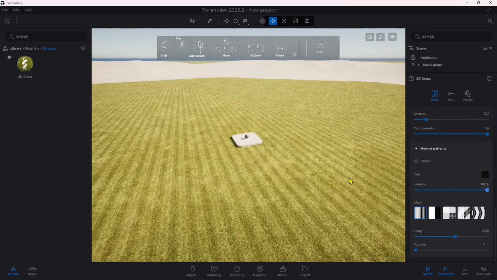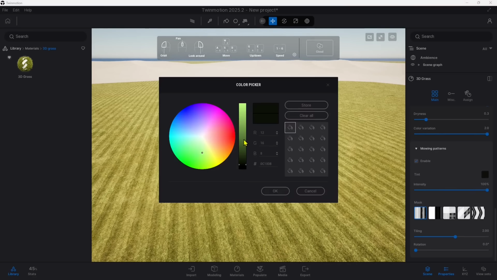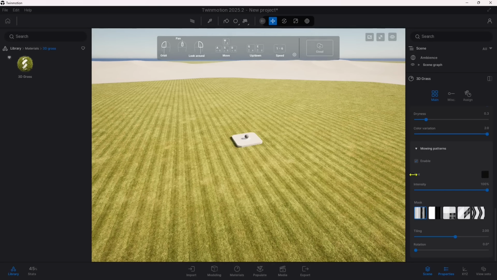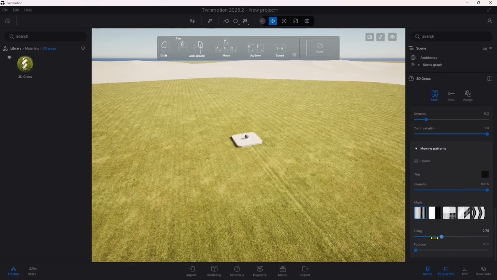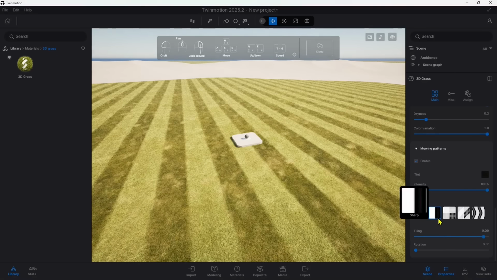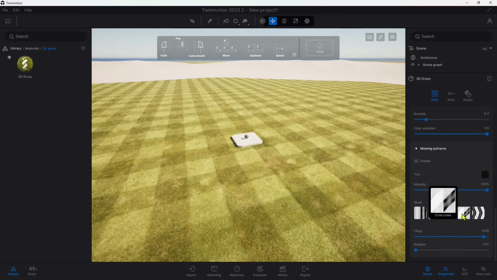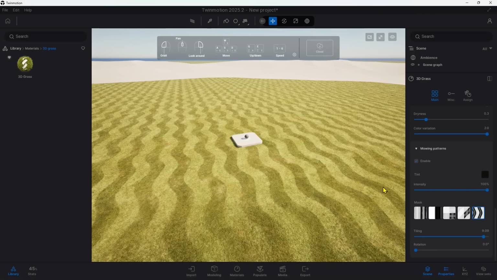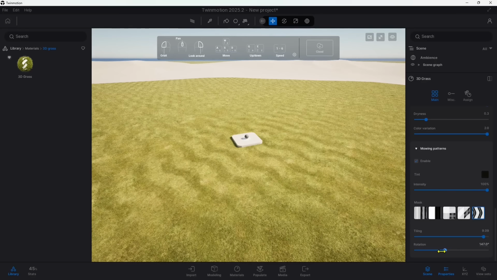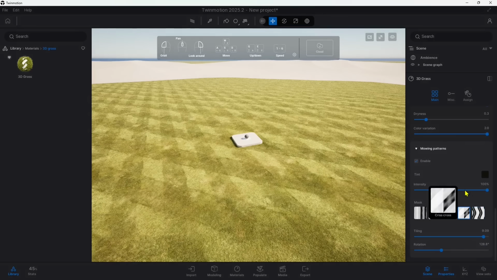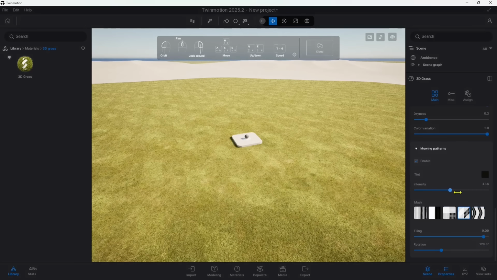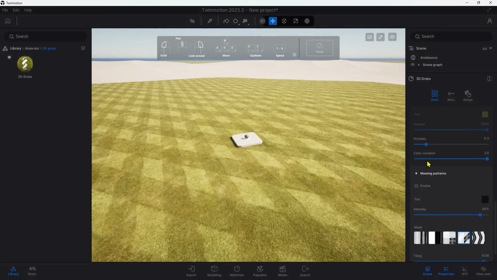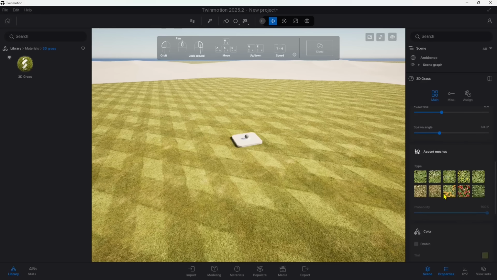So these are like stripes, and you can make it more intense. You can change the color, but usually you want to keep things simple and realistic. You can change the tiling, so make it bigger, smaller, and also the type of pattern, and also the rotation of the pattern. And that's all. So again, it's just a matter of playing around with the parameters. Some of these are more important, some are secondary, but